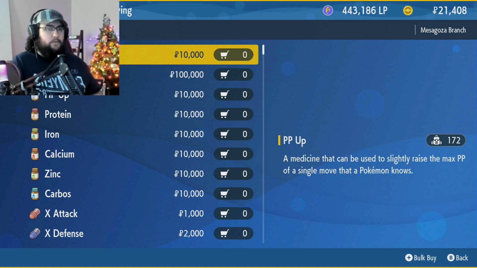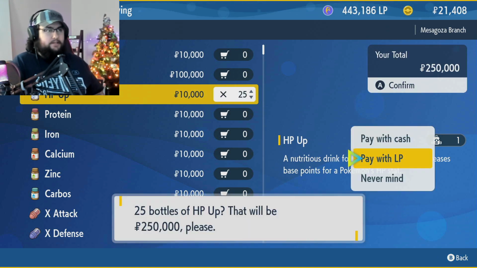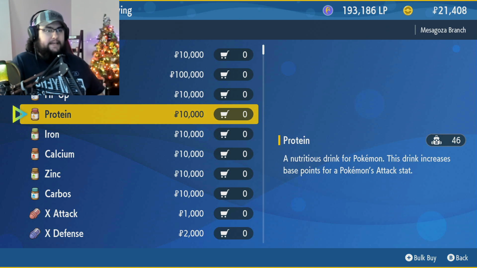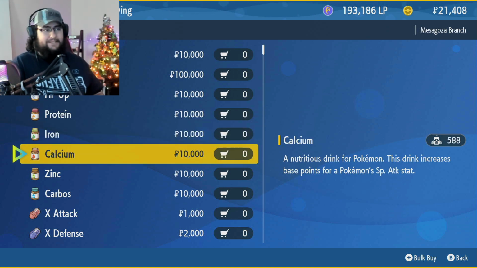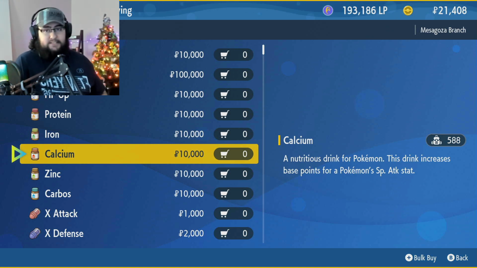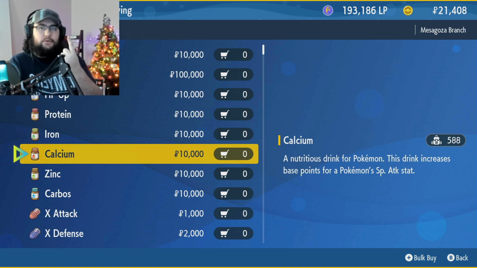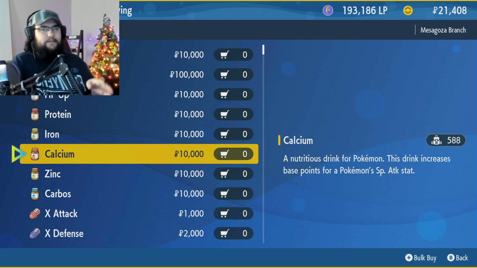So for our Walking Wake, I'm going to buy some HP Ups. I'm going to pay for this with LP because I'm broke. And I already have enough calciums, but if I didn't, I would buy calcium because it is a special attacker and I want to max out its special attack stat. So preferably you're going to want to buy a vitamin for either attack or special attack, depending on what kind of attacker your Pokemon is, and either HP or speed. Speed if your strategy requires your Pokemon to be faster than your opponent,